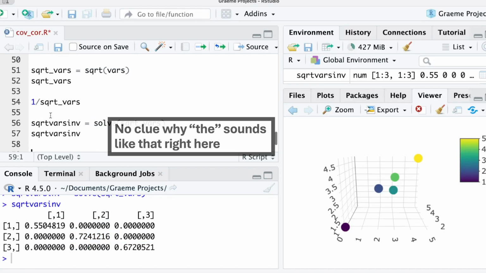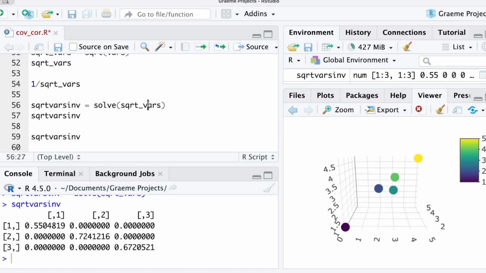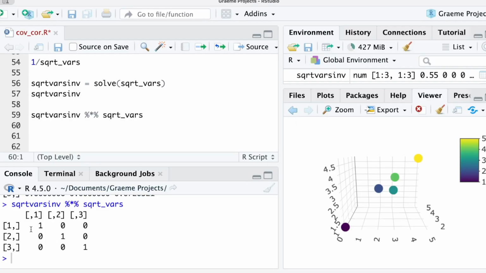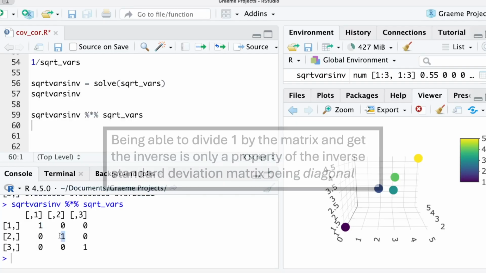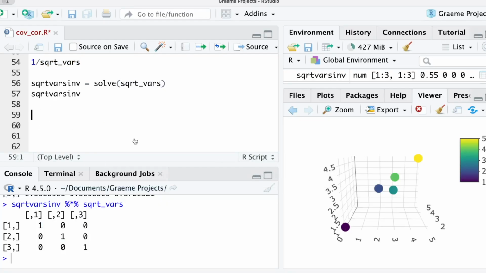The matrix inverse here has the property that if you multiply it by the matrix that it was made from, or is the inverse of, it'll just give you the identity matrix. And so that's why, because we have a diagonal matrix, we can divide 1 by this to get the values along the diagonal. And so next what we're going to do